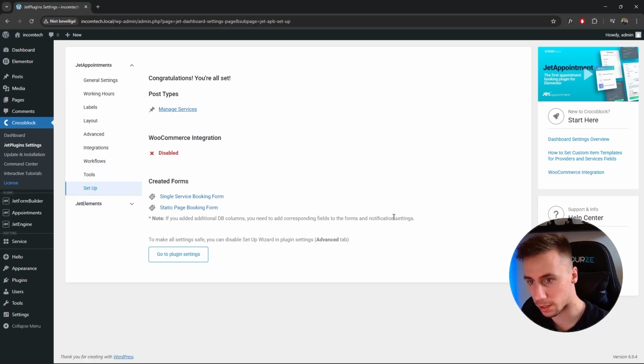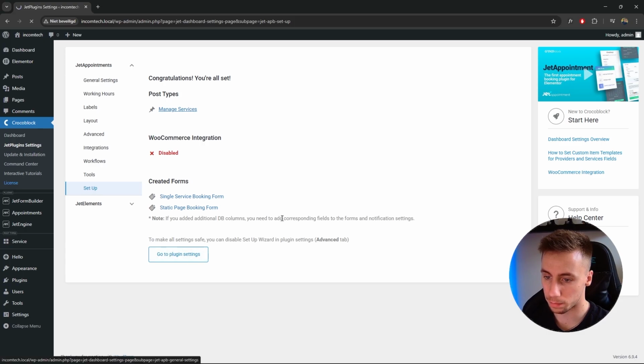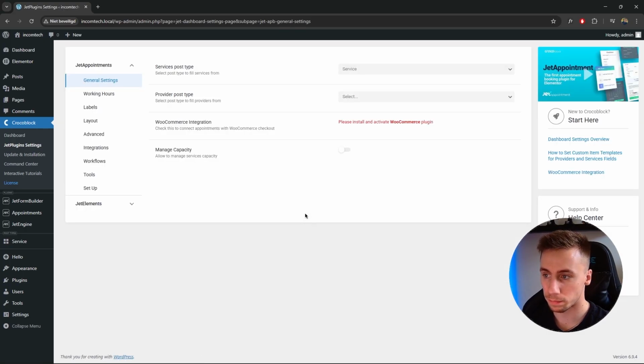Okay, so everything is set. You're all set. Post type managed services. WooCommerce is not integrated. These are the forms that we created. And yeah, now we can go to plugin settings. And there we go. Provider post type. We don't have a provider. Manage capacity. We can do all kinds of cool things here, but let's just go ahead and go to